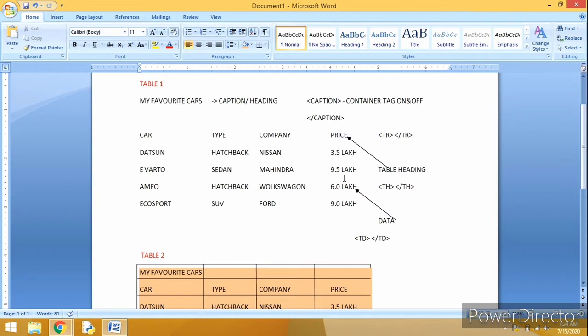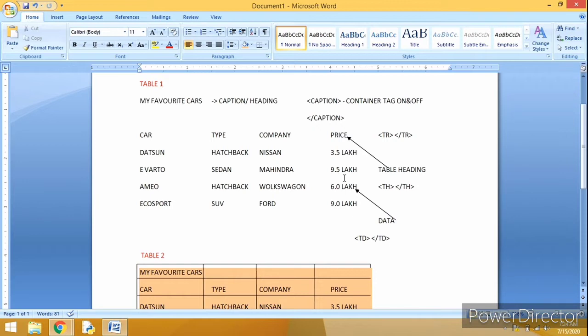Now, a table has three things: the table caption, then the table heading, and then the table data. So there is a confusion, as I am calling "my favorite car" a table heading, and again I am calling car type, company and price a heading.